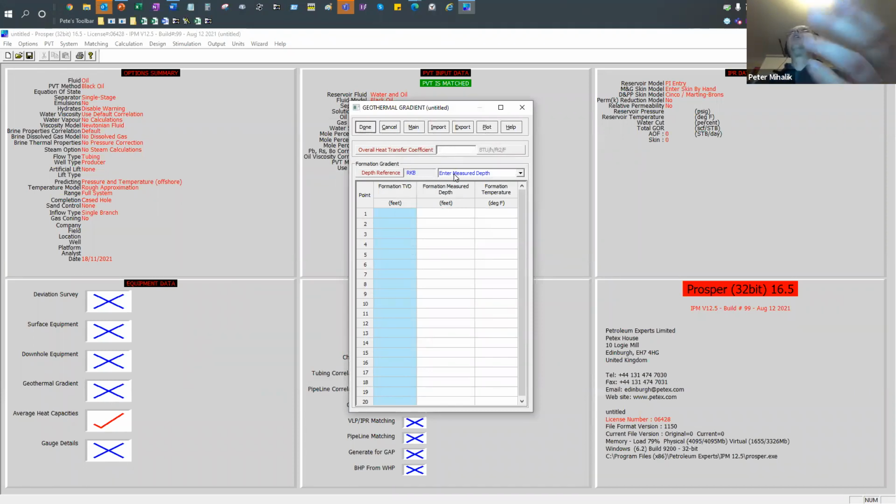Well, I'm going to guess an overall heat transfer coefficient to begin with. And for an oil well, a good value that you might want to start off with is 8. Unless you happen to know that it's a little bit different. So in Rumaila, for instance, typically it's about 6. But for a lot of wells, it's about 8. And then we need to put in some details about what is happening. So at 0,